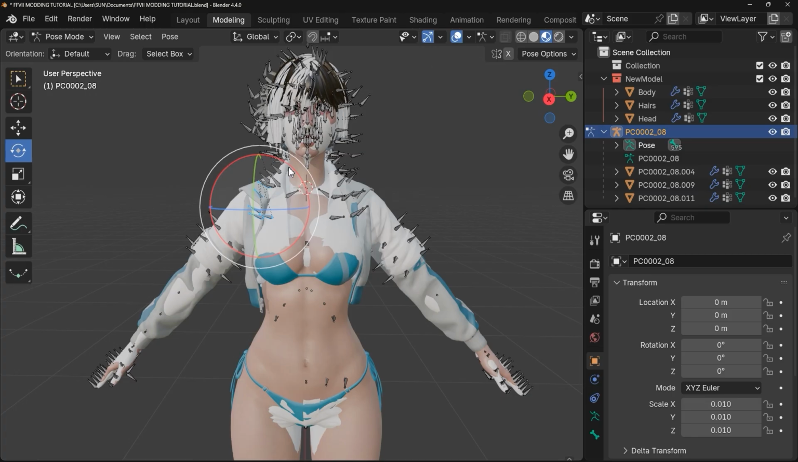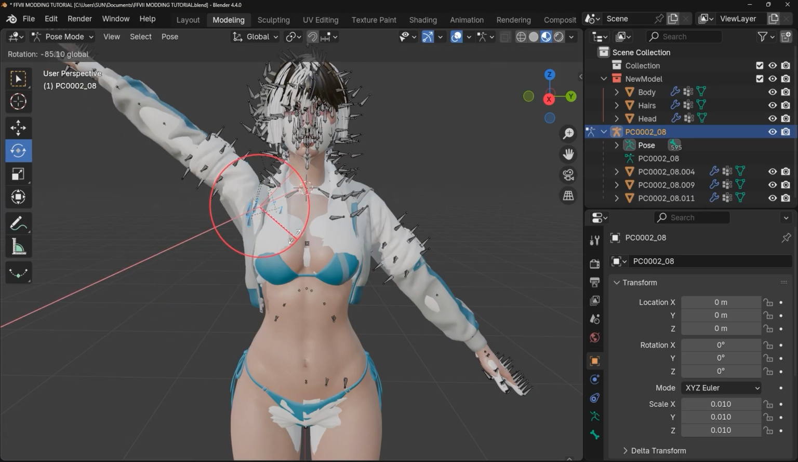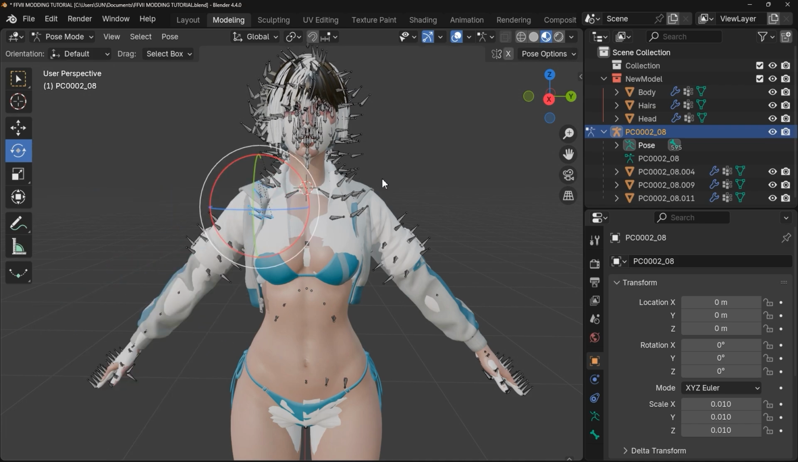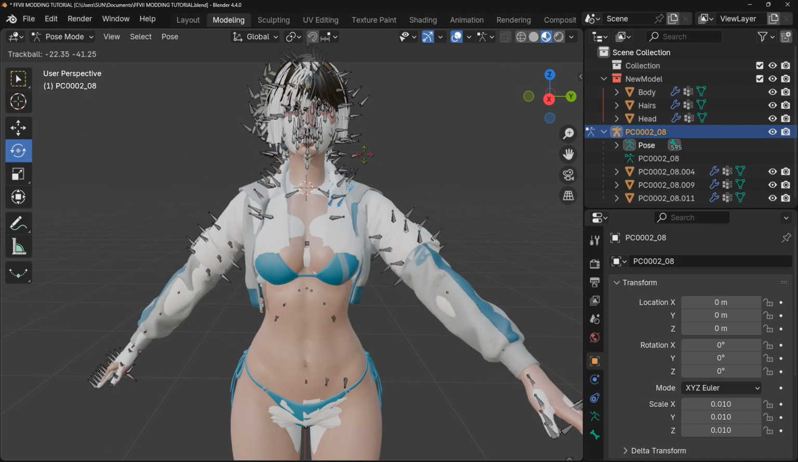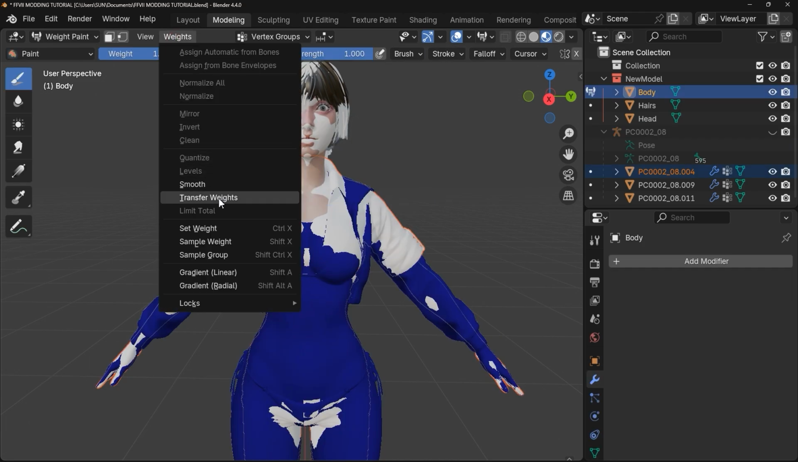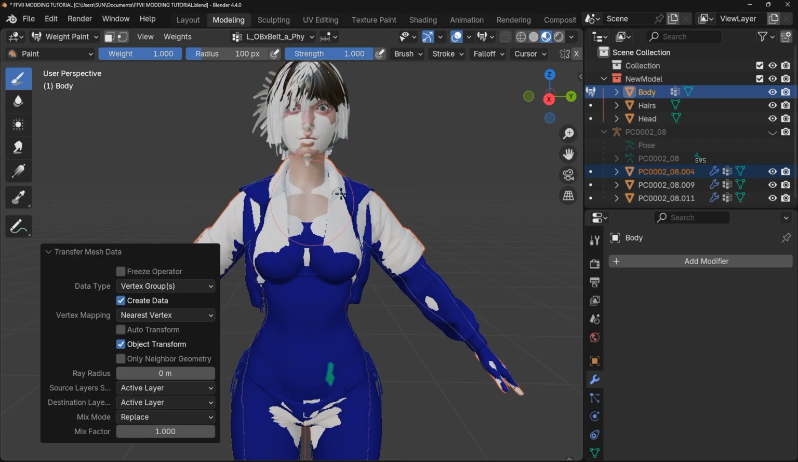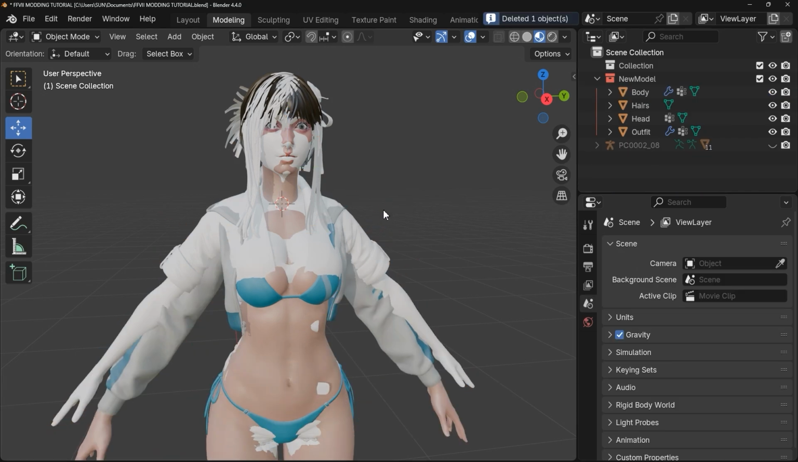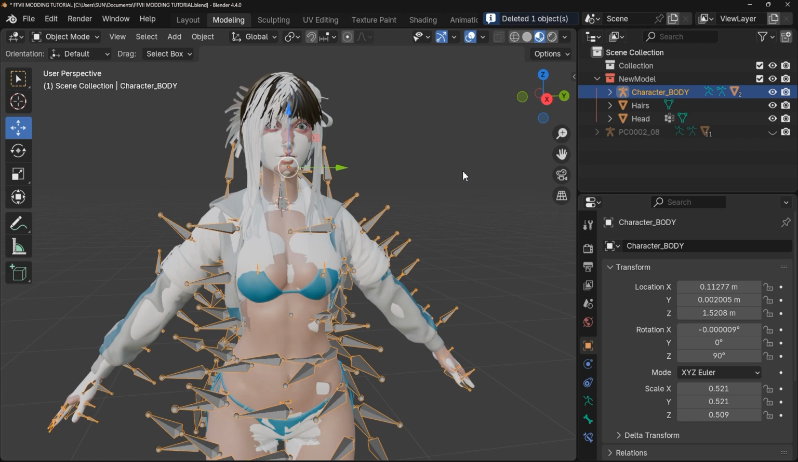Now that your model is in place and posed correctly, it's time to bind it to the original skeleton so that it moves and animates properly in game. This is done through weight painting, which transfers deformation data from the original model to the new one. Before we begin, we have to do these steps. Remove the existing skeleton from your new model. So in order to do that, first,